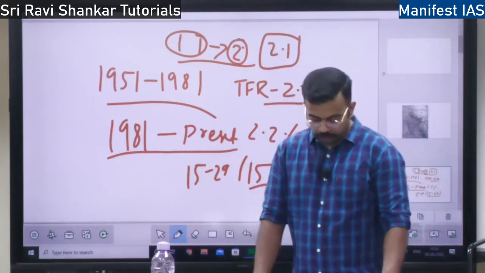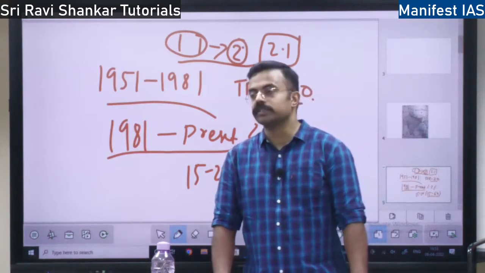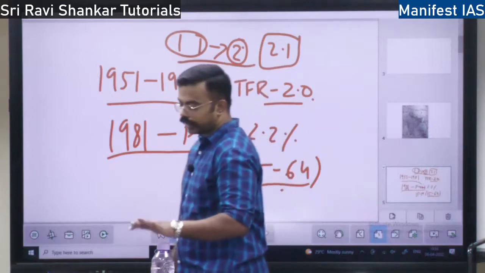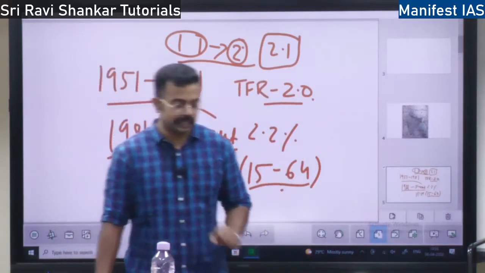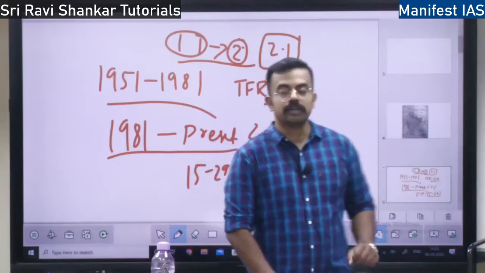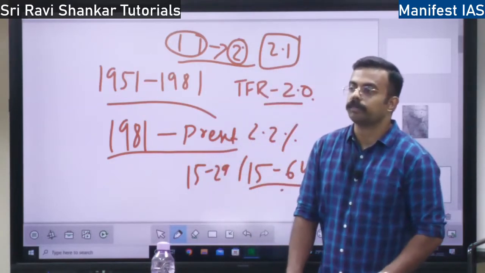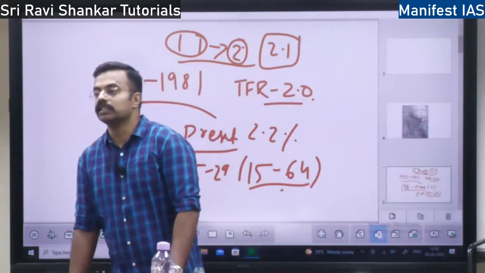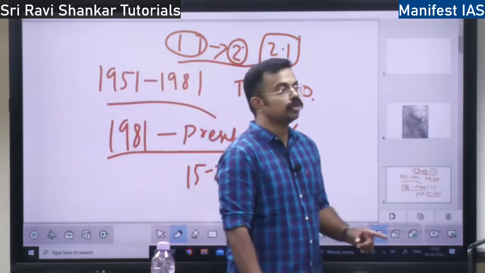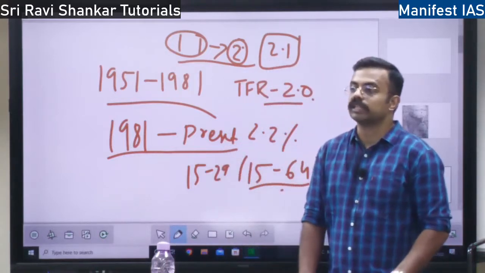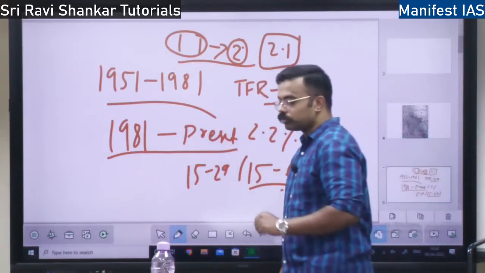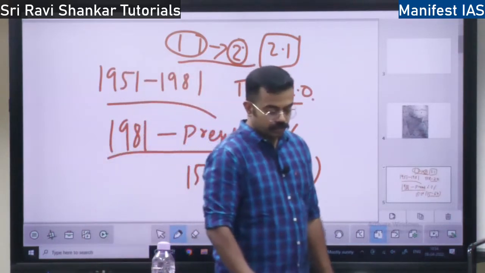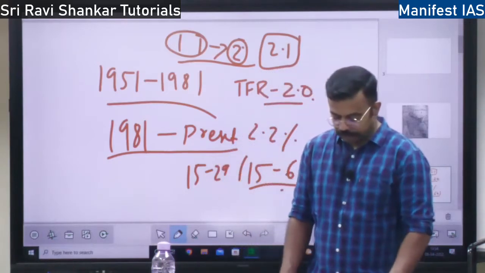Okay. So not only that, we have a national policy for skill development and entrepreneurship. To target the youth population, the highest number of youth population in the world, that is in India, we have a national policy for skill development and entrepreneurship brought in 2015. Not only that, we have Skill India Mission, right? Not only that, we have also the Pradhan Mantri Kaushal Vikas Yojana. So we have all these programs to help the Indian youth to achieve their potential, right? Okay. So this is all about the adolescent population.